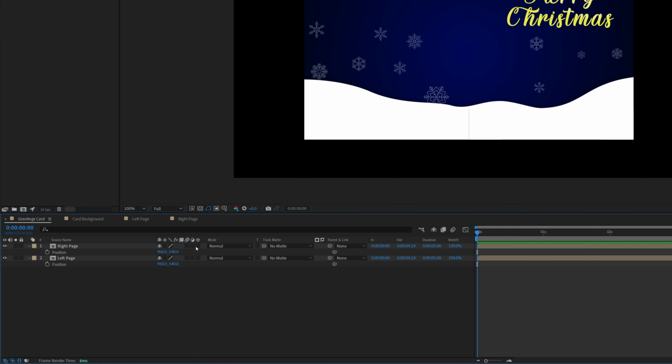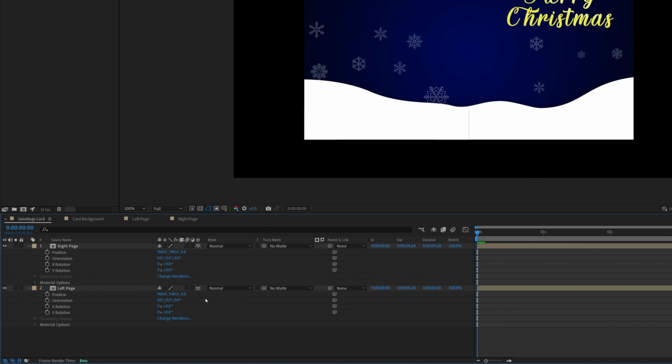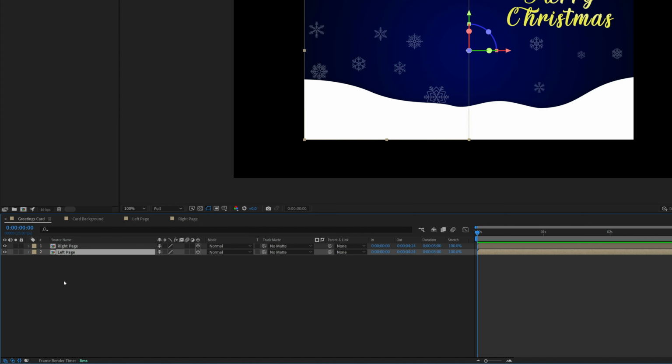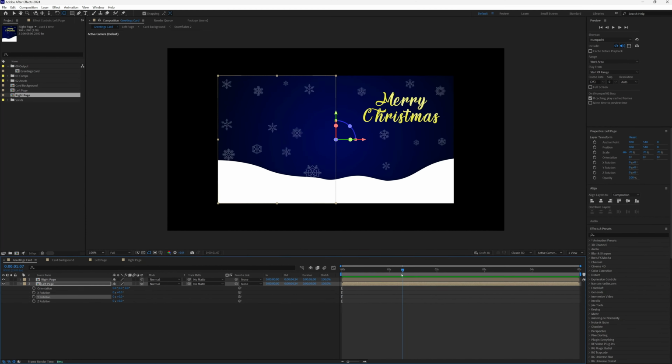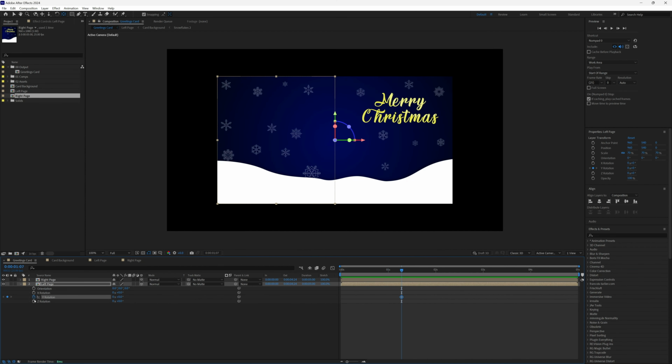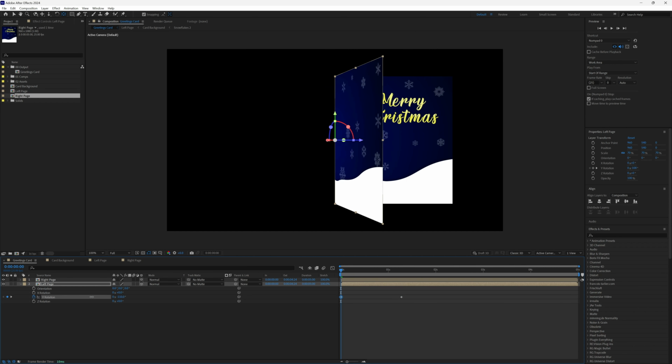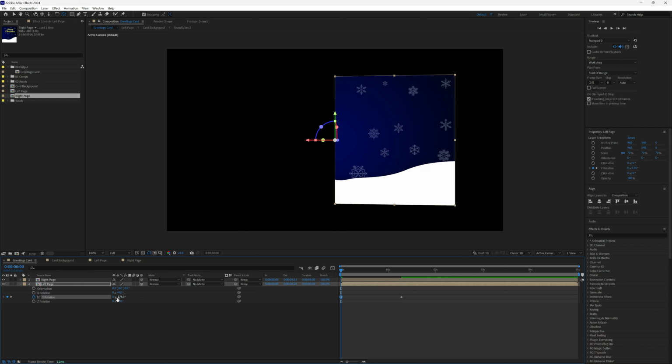So what we can do now is make both our layers 3D layers, and let's just close those. And then our left page, which is the one we want to open, let's press R on our keyboard. And then the Y rotation, after about a second or so, we want to create a keyframe, which is where it's going to be open. And then let's bring our playhead back to the start. And then let's change our Y rotation so that it is closed, which would be minus